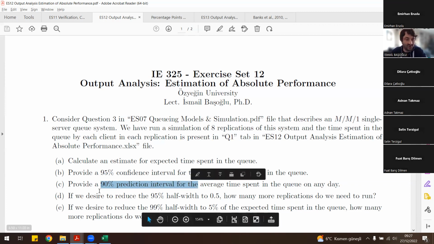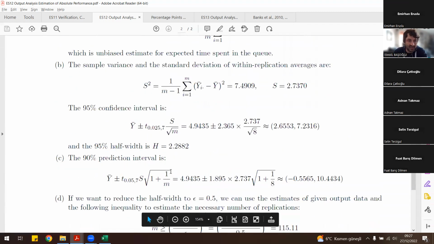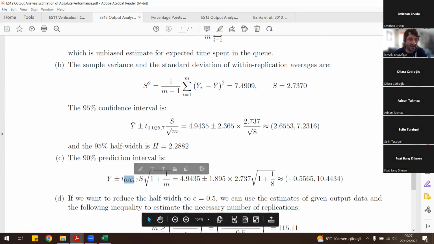So this means we need to check another quantile from the t distribution, the t table. And let's go back to the solution here. Now, the difference between the confidence interval and the prediction interval is that when we are calculating the square of the standard error, we need to multiply it not just with 1 over m, but we also add 1 to that multiplier. So the formulation is updated as, again, by using a t quantile, this time with a 0.05 probability